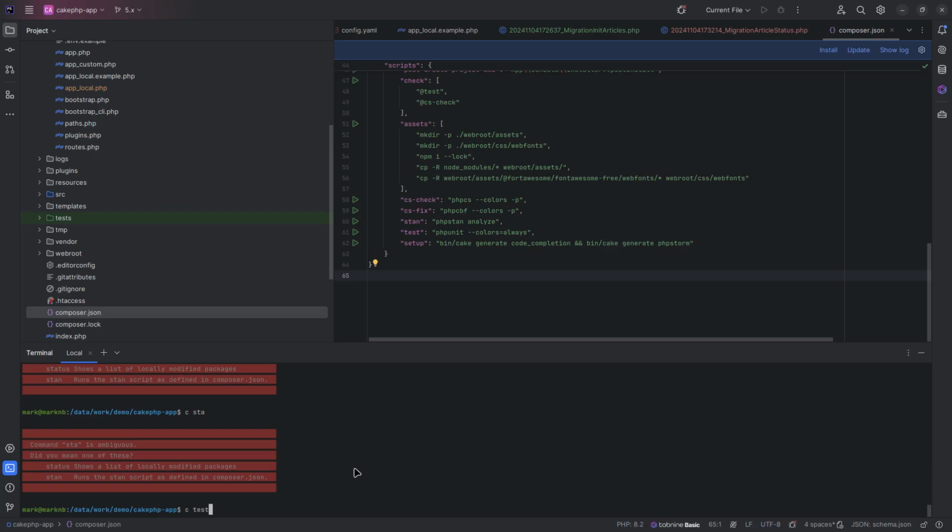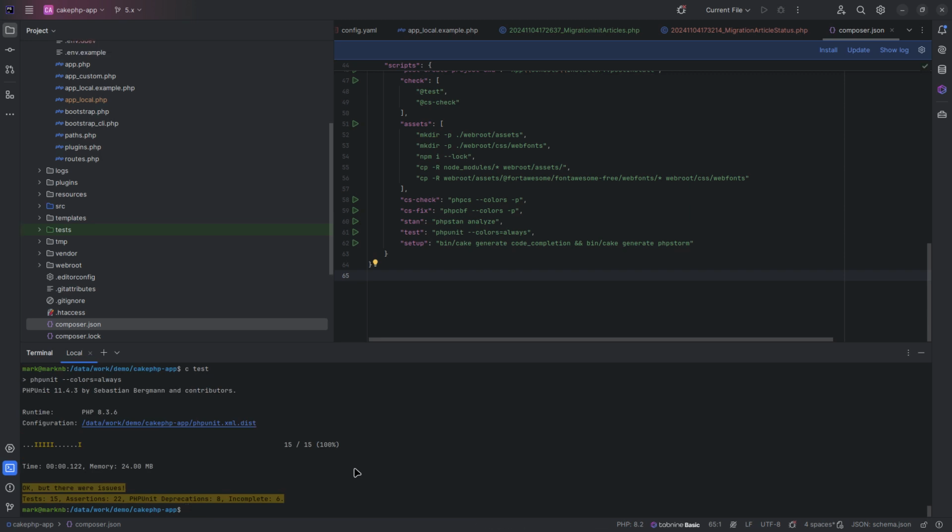Composer test is also available to test the whole application. And what I use here now is setup. Composer setup. Maybe another shortcut here. I aliased C in my bash aliases as composer, so I don't have to type composer. I can just type C, much easier. So composer setup is a shortcut for bin cake IdeHelper generate code completion and generate PhpStorm, which creates those meta files. So if we run that,